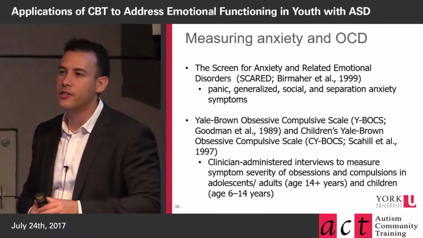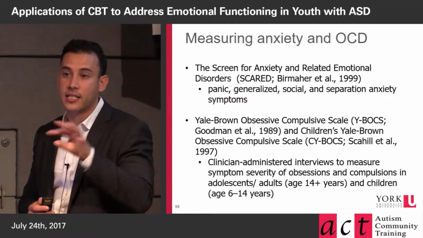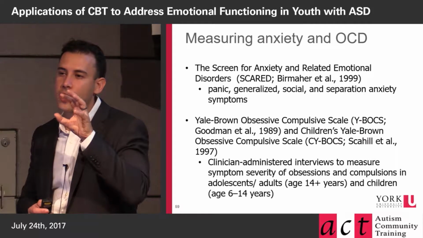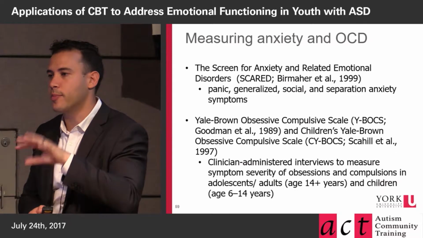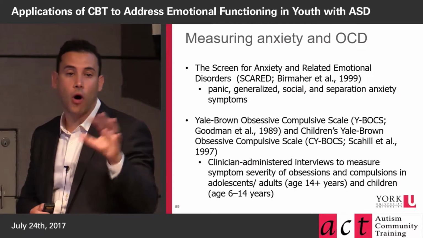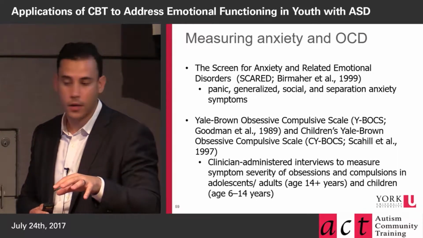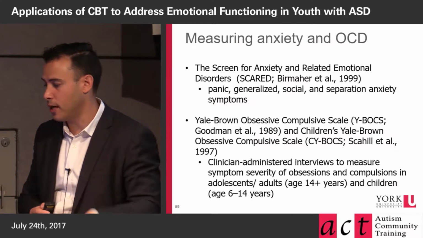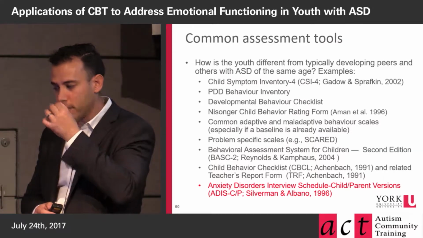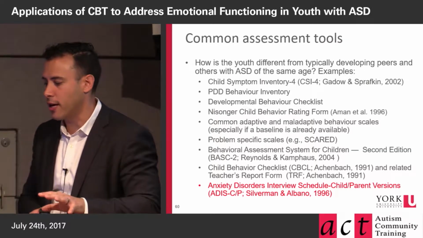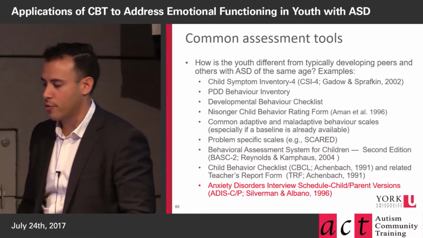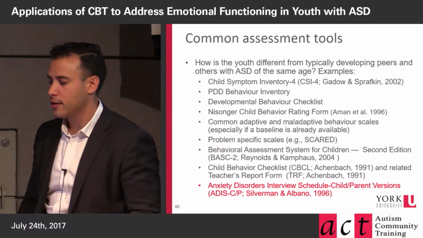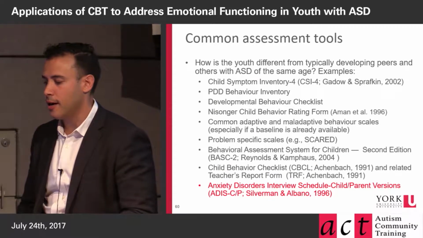There's no active distinction, you need to really ask about these kind of distinctions. So it gives you nice areas to start, topics to start on, but don't just rely on these measures as they're designed or you're going to get a lot of false positives, because a lot of what is autism will get picked up. And lastly, a whole bunch of different scales, not specific to anxiety, give us a little bit of flavor about anxiety. And they've been used a lot in the research, like the CBCL or Developmental Behavior Checklist.